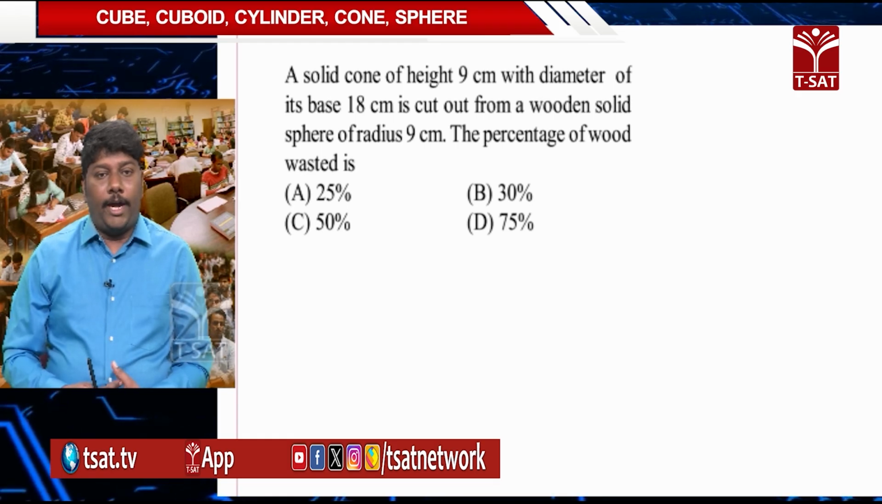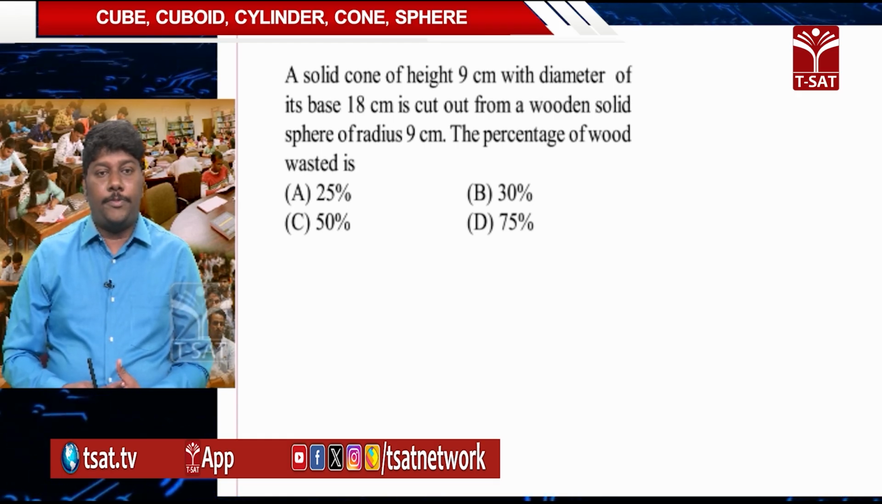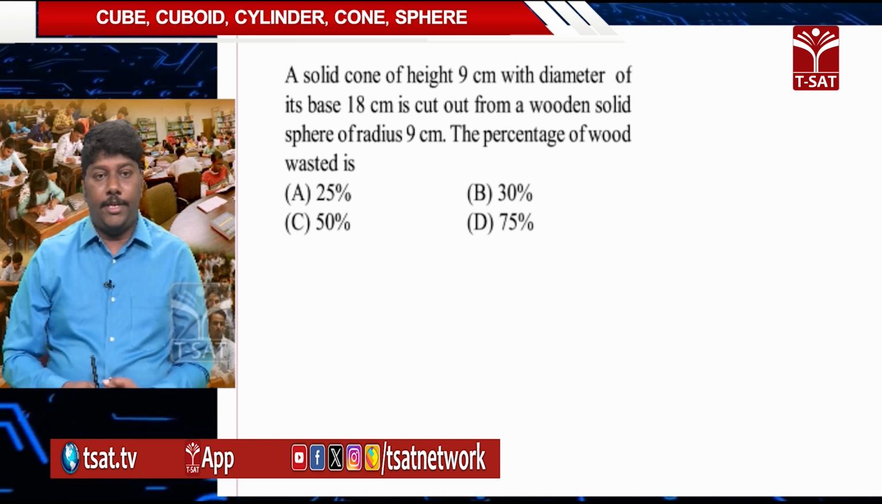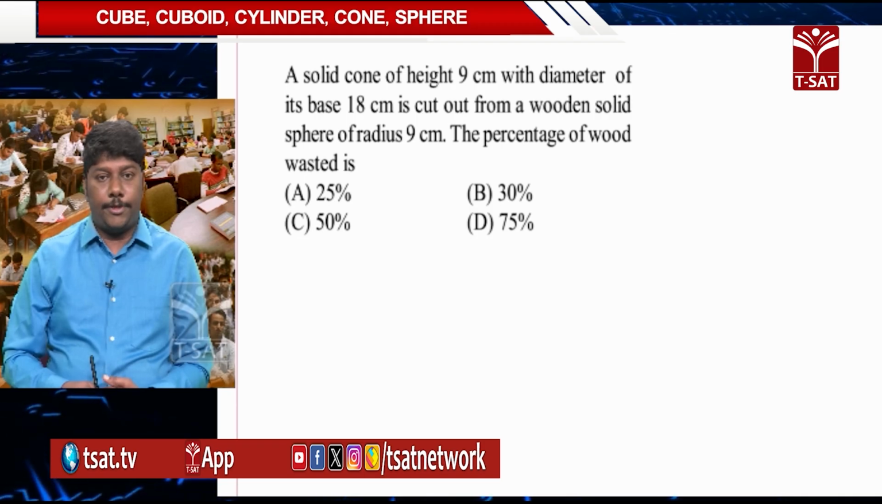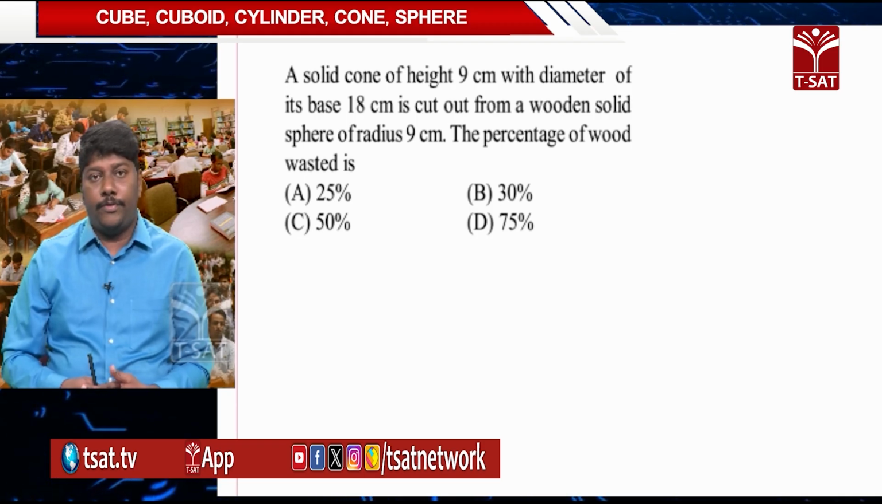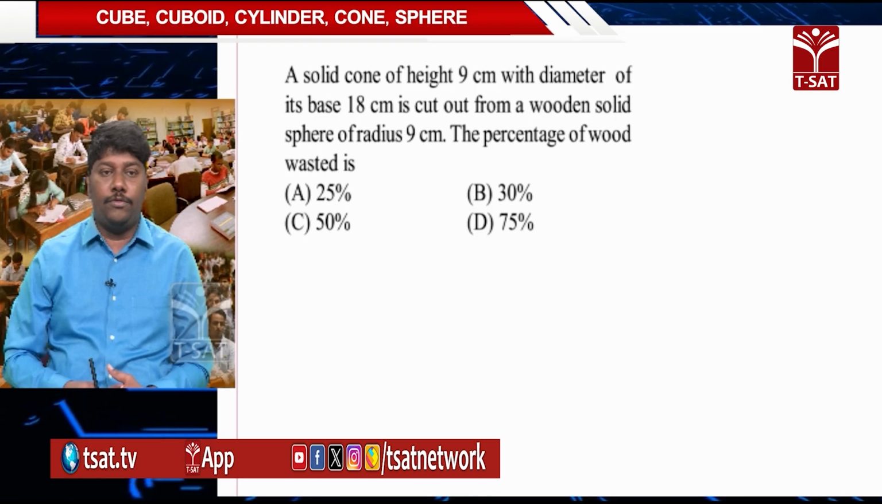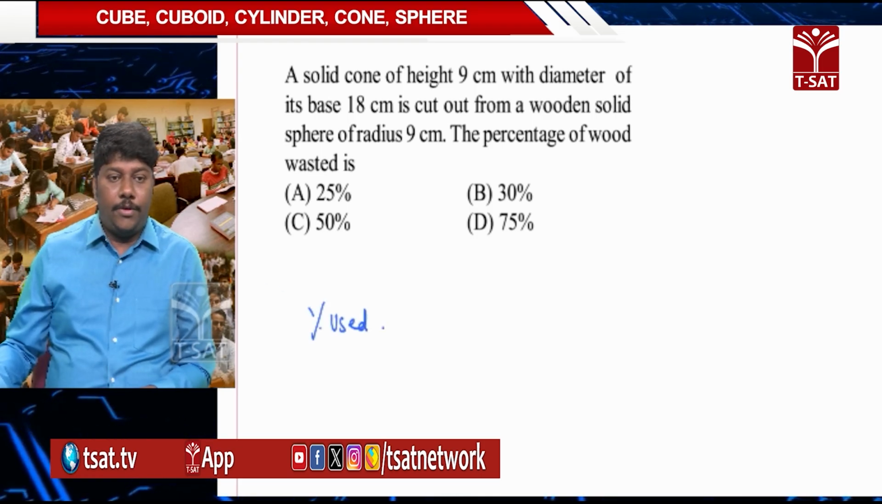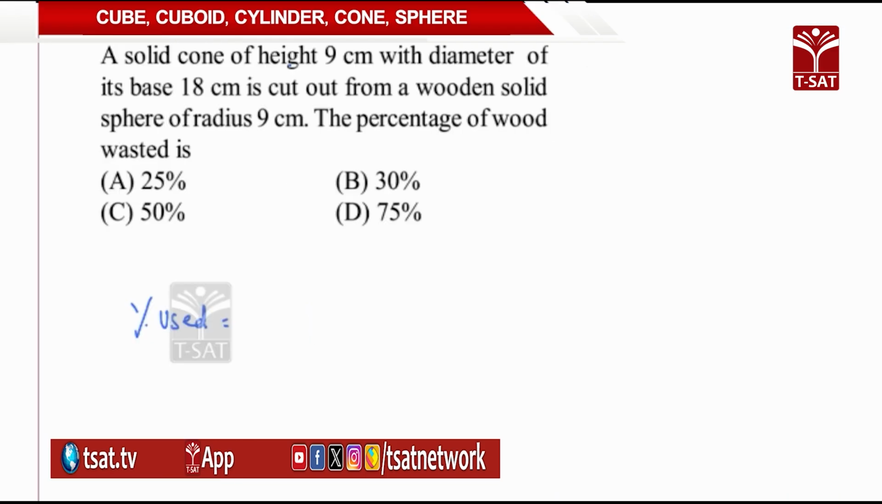A solid cone of height 9 cm with the diameter of its base 18 cm is cut out from a wooden solid sphere of radius 9 cm. The percentage of wood wasted. First of all, you can find out the percentage of wood used. So percentage used is equal to, you are carving a cone out of a sphere, therefore I would say volume of cone by volume of sphere